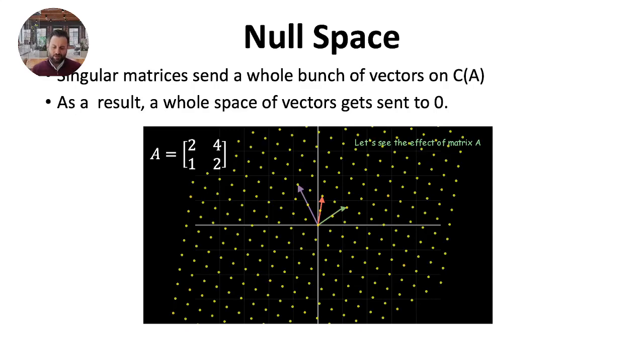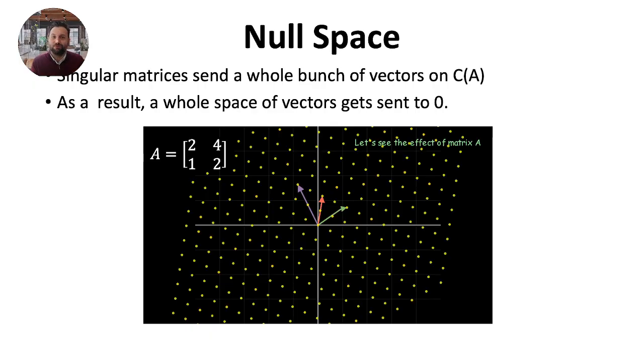So we learned the column space. The other important subspace of a vector space is the null space. Understanding null space is a little bit easier after we understand column space. So we established that when singular matrices project the input vectors to its column space,